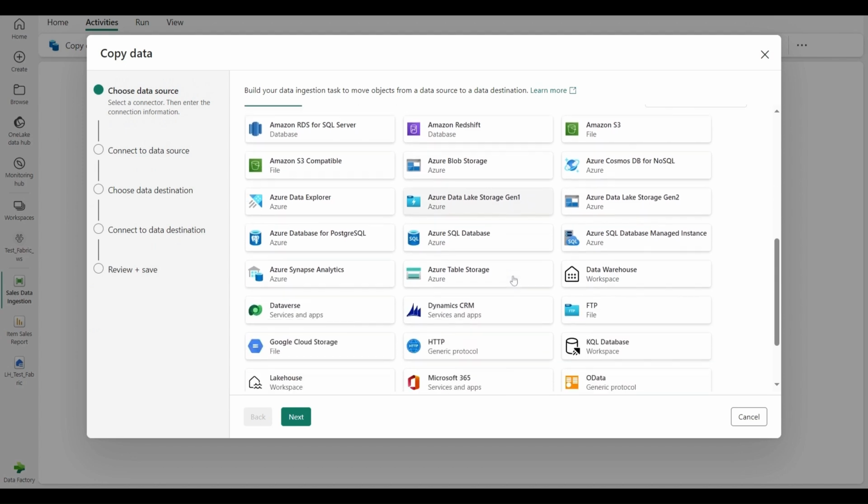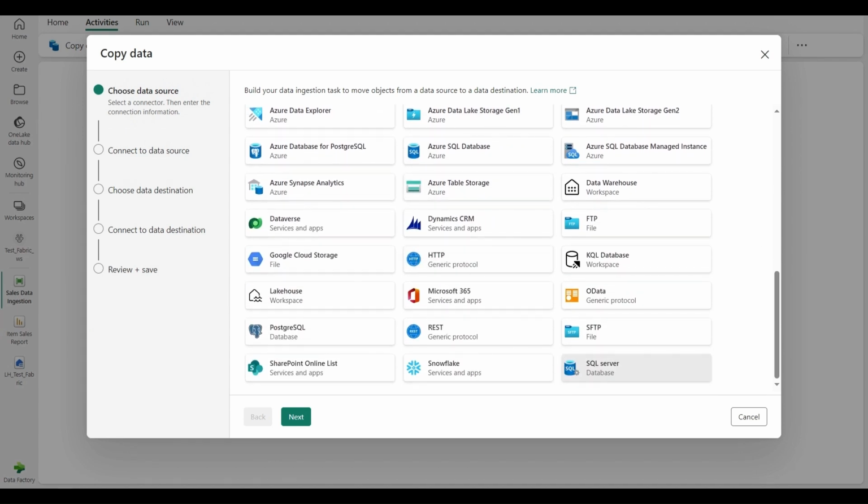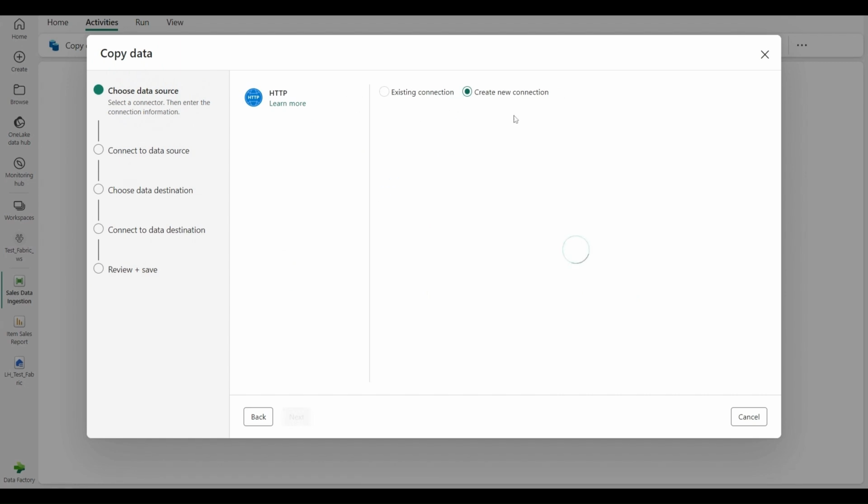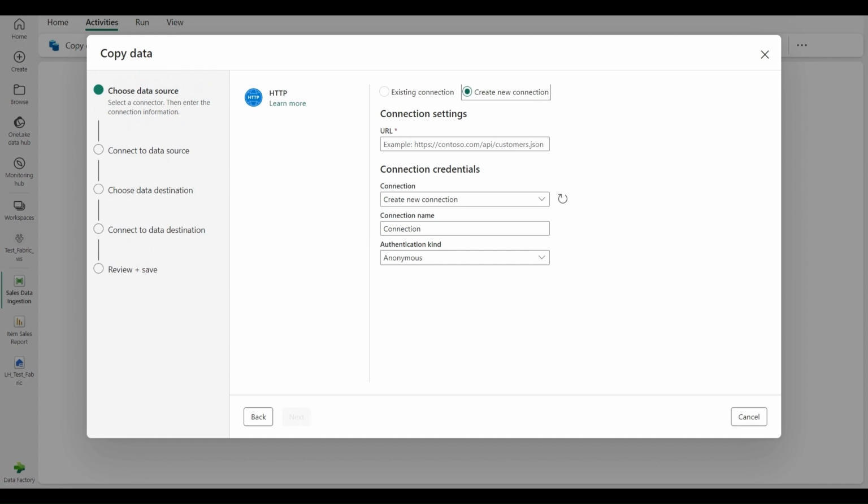At this stage, we'll just fetch it from GitHub, and this is the generic HTTP protocol we will be connecting with. If you select here, you see there are some existing connections, or we can create a new connection. We click on create a new connection, the URL is the GitHub repository, and the connection name is, for example, sales data unique,